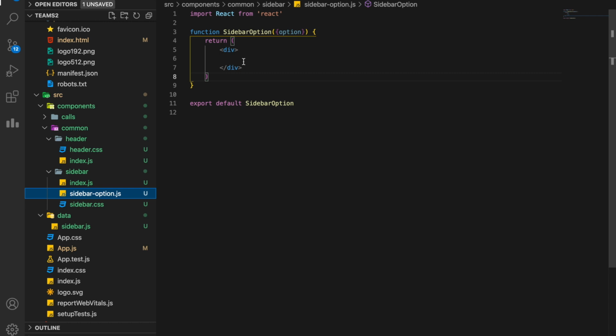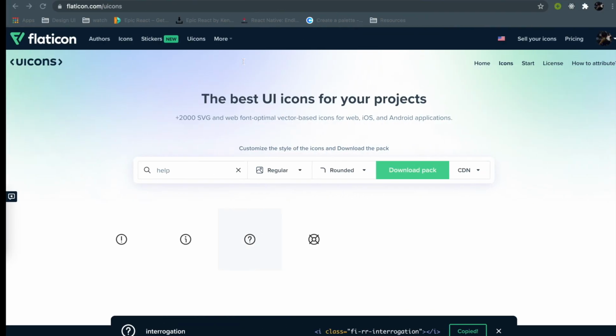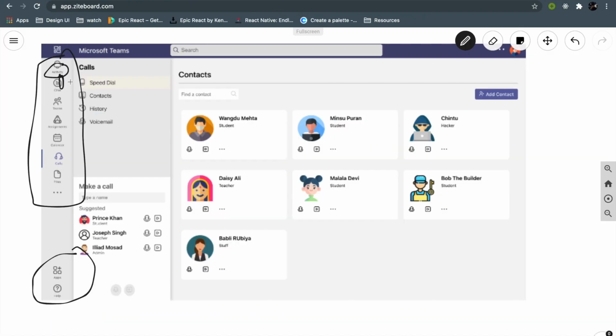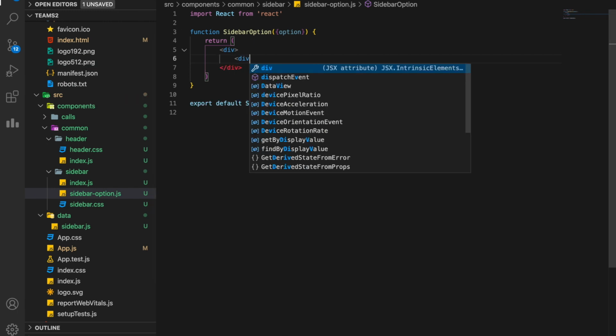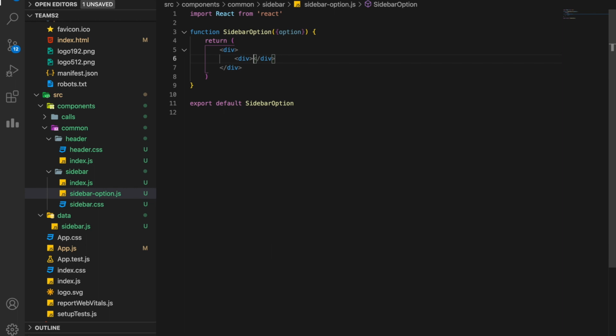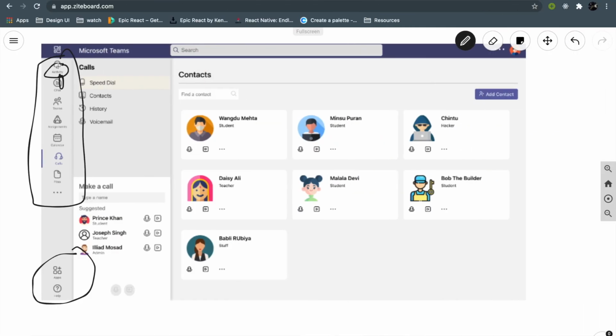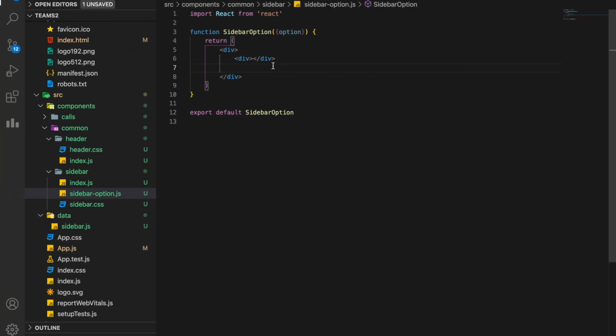So what I will do is I will return this particular icon. Now there are just two things in this option, one is a name and the other is the icon. So let's create a div for the icon, and here we will have the icon, and next to it, now you see, since we are going to use this component every time, but in the more option there is no name, so we will check.